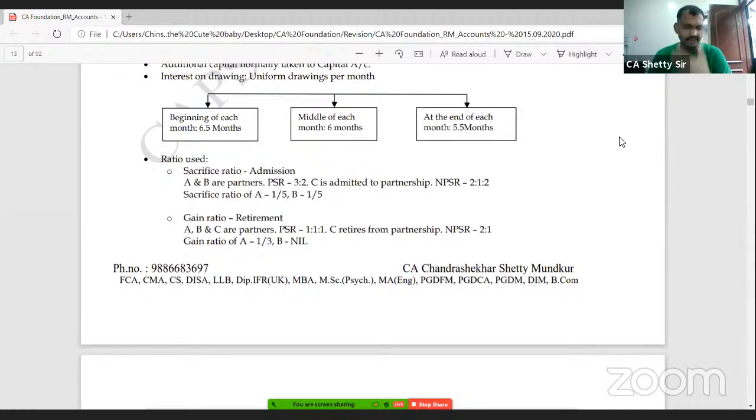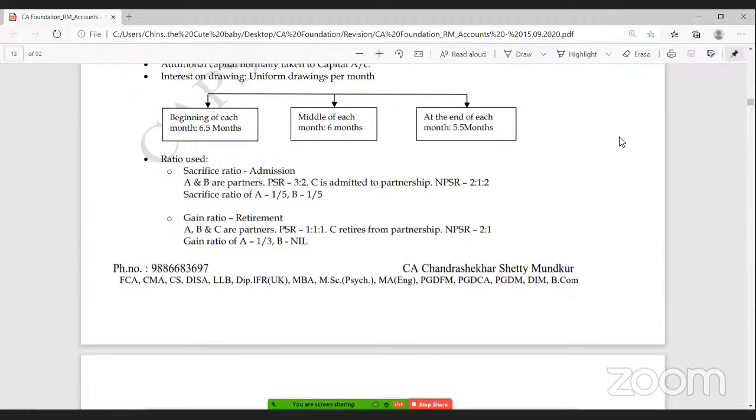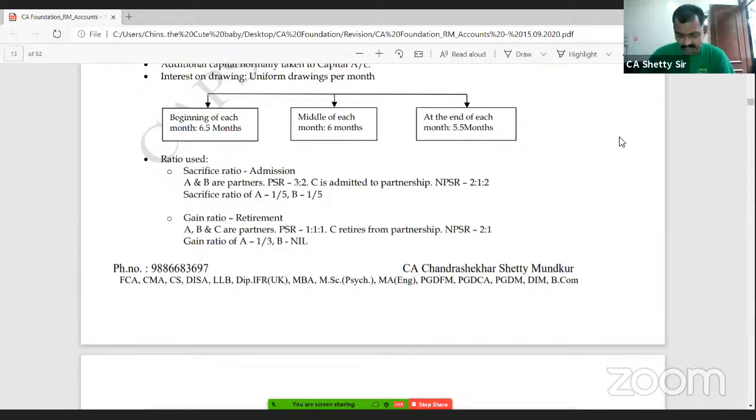So I think you've written it. The ratio is 4 is to within the bracket 1. All of you understanding? Yes, sir. Next line. If total goodwill of the firm is 90 lakh, and C is unable to bring his share of goodwill, then the entry is,